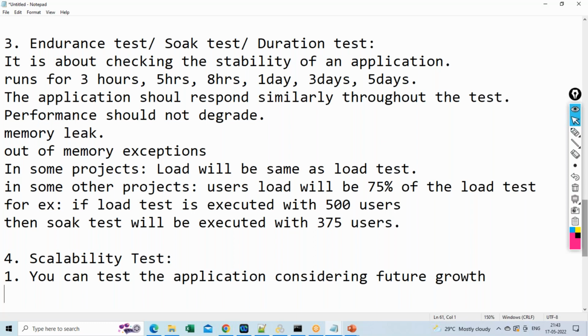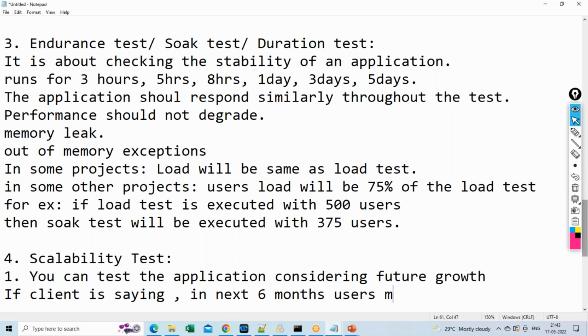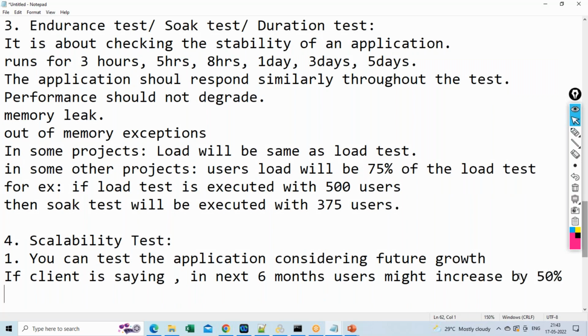If the client is saying that in the next 6 months users might increase by 50%,